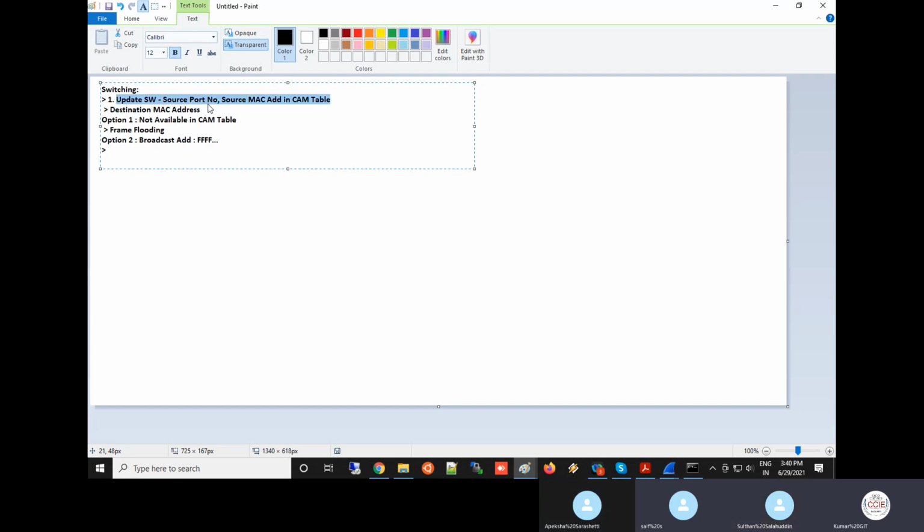Okay, done. Next, step number 2: I'm going to see the destination MAC address. Option 1: if it is not available in the CAM table, I will flood the frame, frame flooding. Option 2: if the destination MAC address is FFFF, what will I do? It will broadcast to all except the source port. Tell me its name. Frame flooding, sir. Correct.